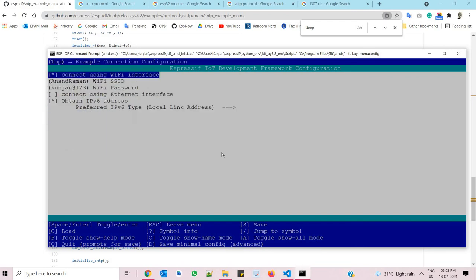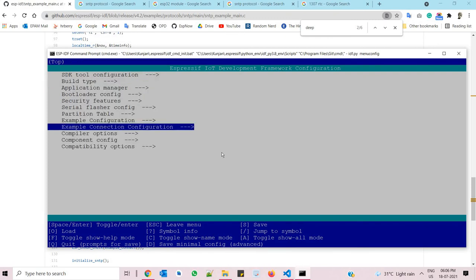Here there are two options actually. The first one is using Wi-Fi and the other is using Ethernet. If you are using Wi-Fi, then choose Wi-Fi and provide your router Wi-Fi SSID and password, and then go to escape. Then click on example configuration.